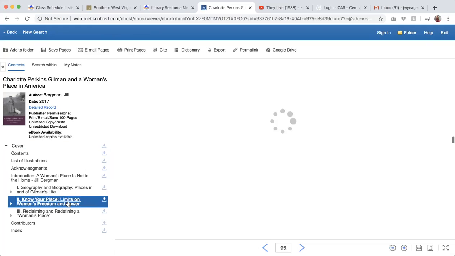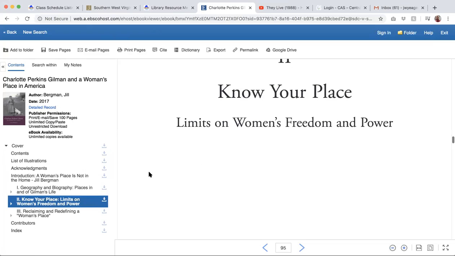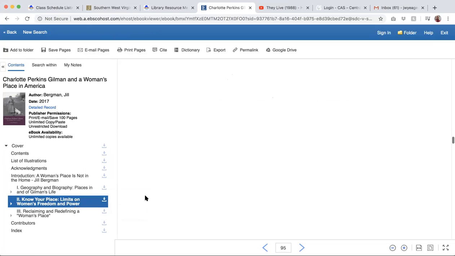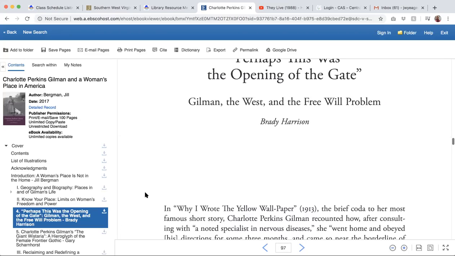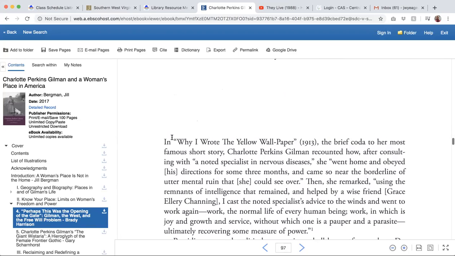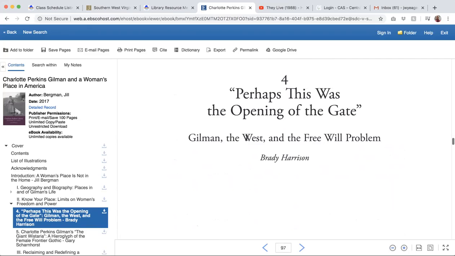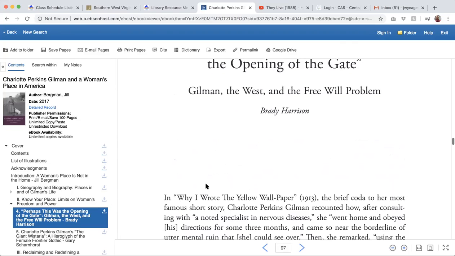But sometimes a good thing to do if you find a book source is find one of the chapters in the book, and then you can cite just this chapter. So Brady Harrison's essay here, you could just cite this as a book chapter within the larger book. Okay, that's normally how these scholarly books work.